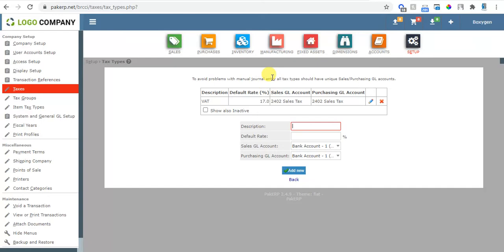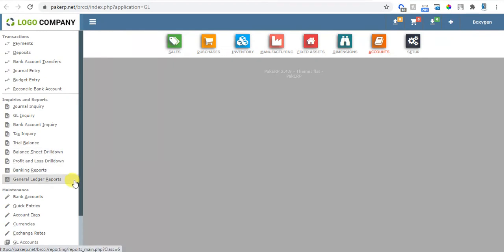Let us go here again in taxes and create a new GL account. Maybe in some countries or in some transactions, there are two different types of taxes being applied on the invoice. So in that case, we'll have to create a new GL account for a new tax type.